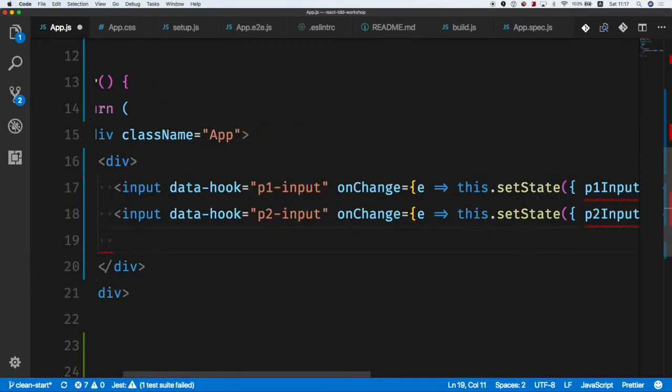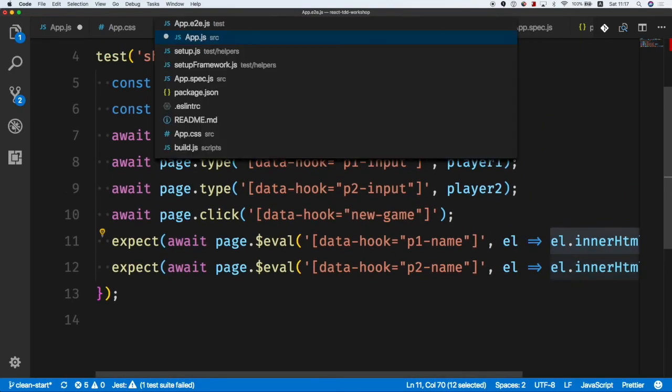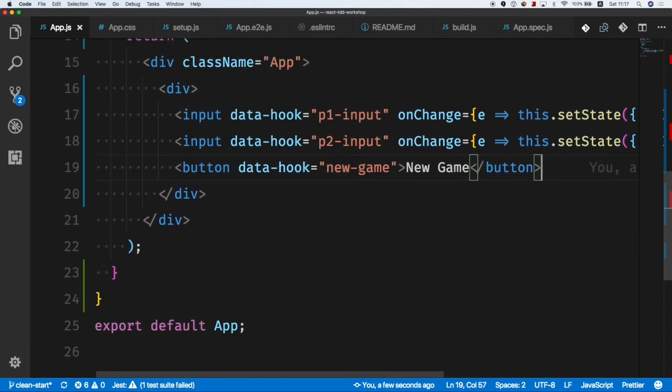our two inputs, and let's have a button with data hook, which is save game, we said, right? Save game. New game. Let's see. Yeah, new game, sorry. Not save game. And let's have a new game here. Okay. So we have the first two